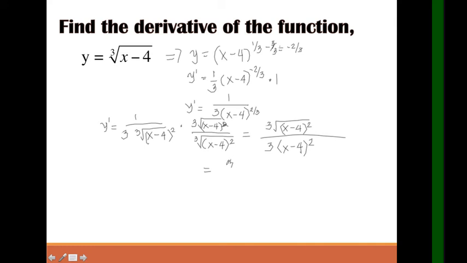So, that's cube root of x minus 4 squared over 3 multiplied to x squared minus 8x plus 16, no? X minus 4 squared is yun, di ba? Ito yung kanilang